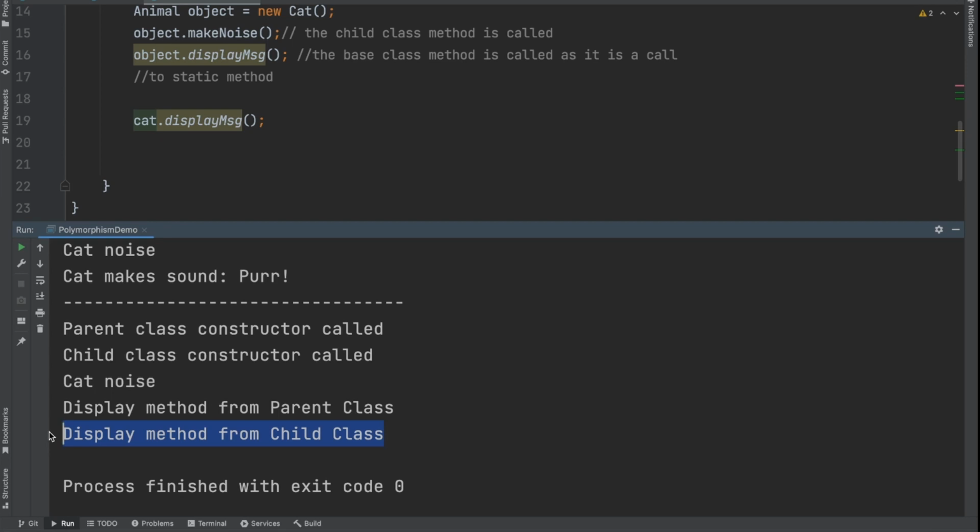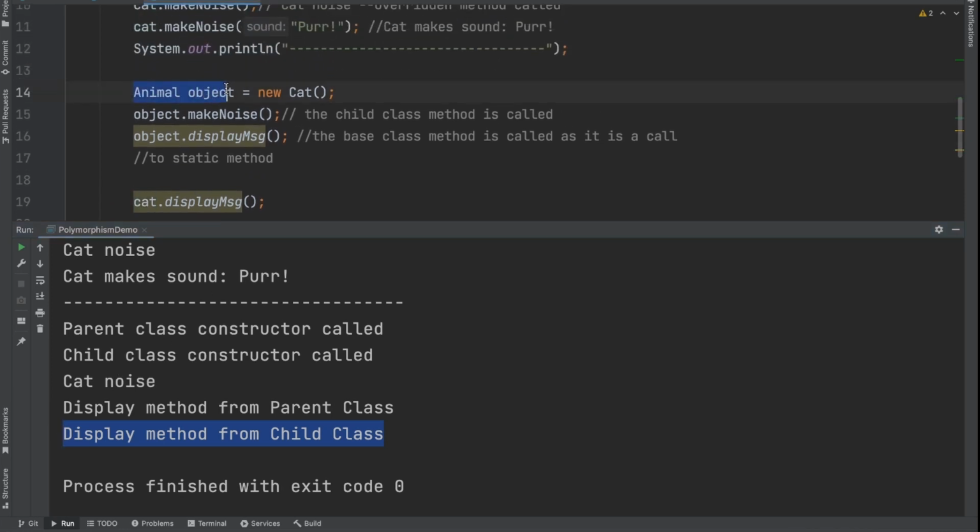So two takeaways from this particular video. One is, if it is a static method, the method being called depends upon the type of the reference, because which version of the method to call is decided at compile time. Then if it is an instance method, or a non-static method, the version which gets called is decided at runtime, and it depends upon the kind of object you are creating. That is the second thing. Two more things to remember. Overloading can happen only on the number of input parameters, the data types of the input parameters, or a combination of both. You cannot overload based only on the return type, or simply by using the keyword static. Okay, so this is the entire concept of